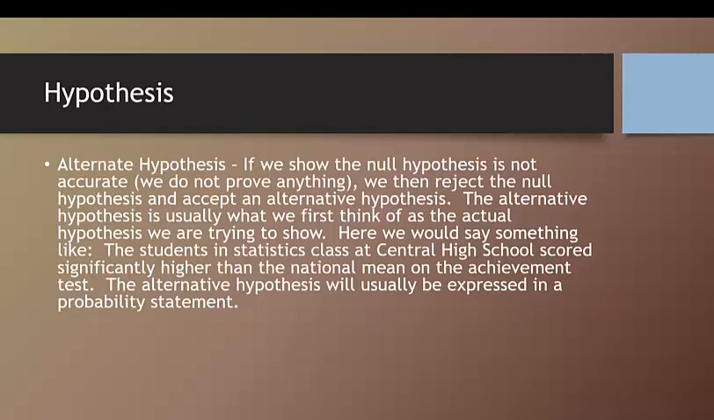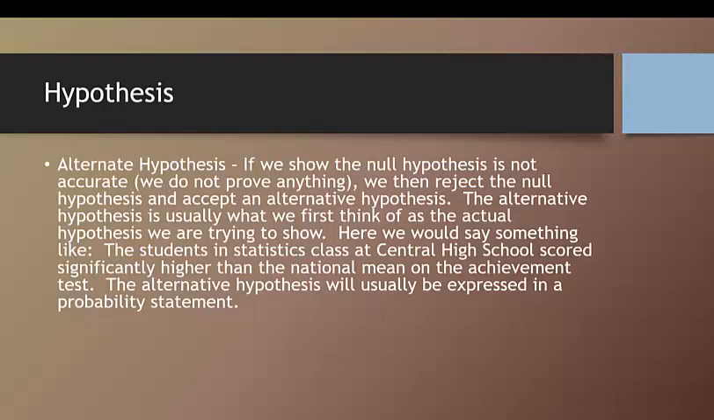Then what we do is we reject the null hypothesis and accept our alternative hypothesis. Maybe we're testing a coin because we think that it's a weighted coin and we want to see if it's a weighted coin, so we're going to do some sample flipping of this coin. Our hypothesis would be something along the lines of there will be more heads flipped out of 100 flips than tails using this coin